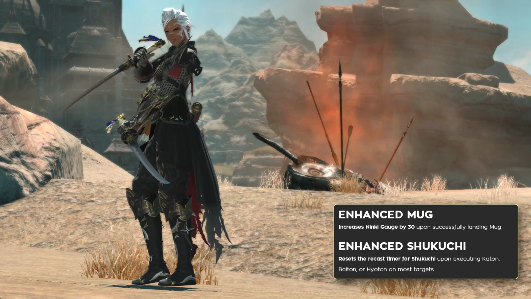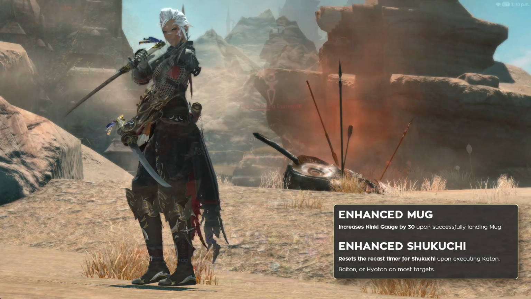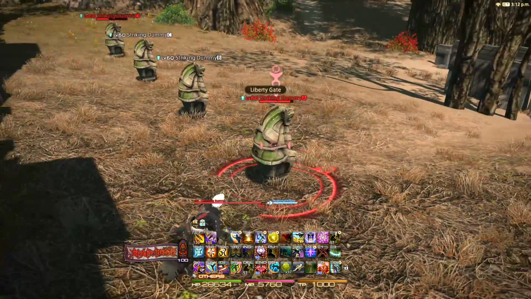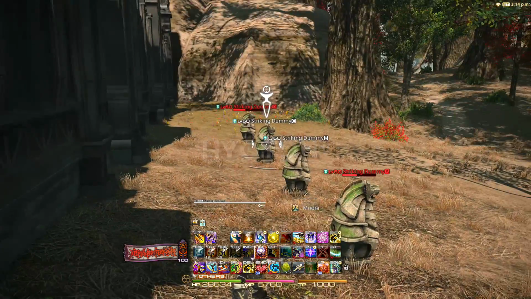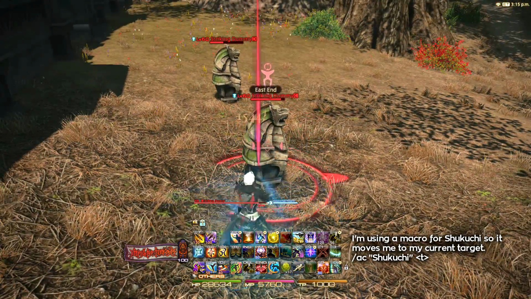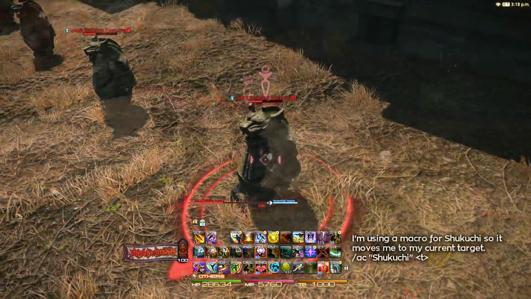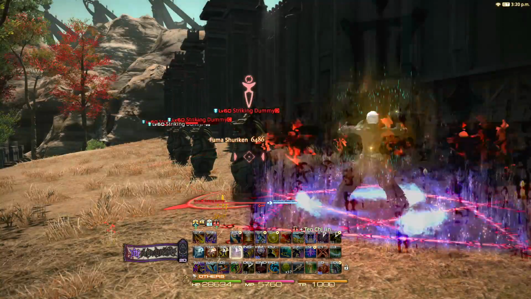For level 64 and 66, the ninja doesn't learn any new skills, but they do gain new traits. Enhanced Shukuchi allows you to reset the 60-second cast timer of Shukuchi, your movement ability, upon using Kaiten, Raiten, or others. These pronunciations are really hard. Anyway, Enhanced Shukuchi might not increase your damage output, but it does give you unmatched mobility. If you're ever in a tough situation, you can activate Shukuchi and rest assured that it will be available again